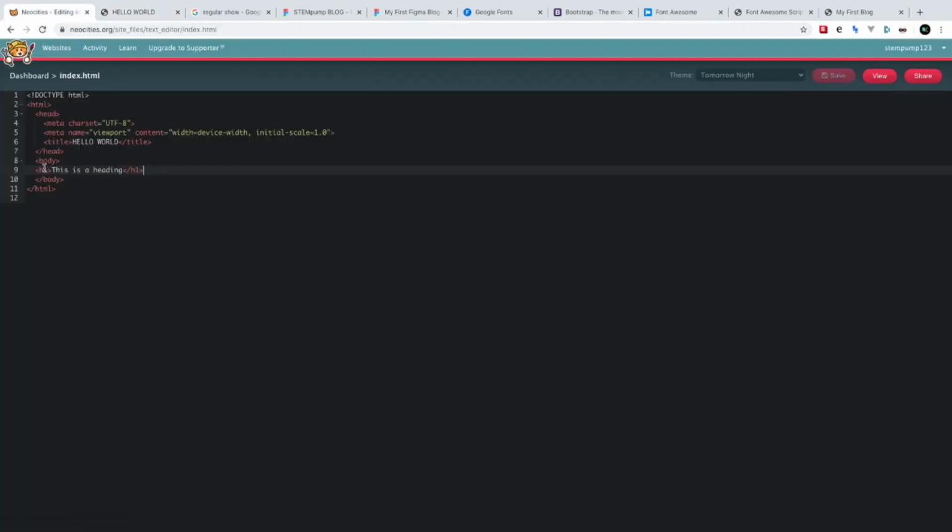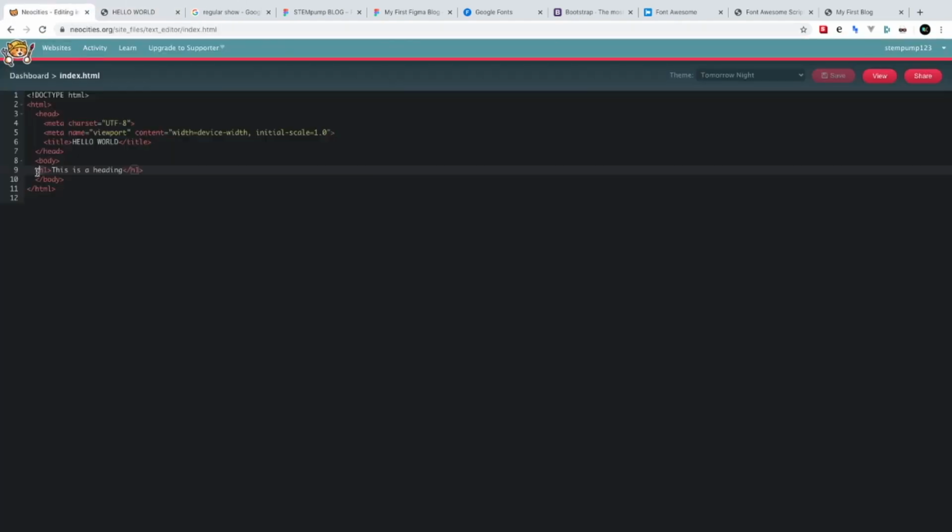What this H stands for is heading. And a heading is basically a large piece of bolded text right here, as we see. And there are 6 different types of headings. So if we copy this and we paste it 6 times,